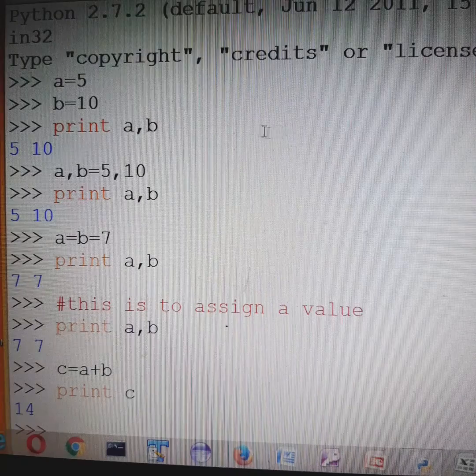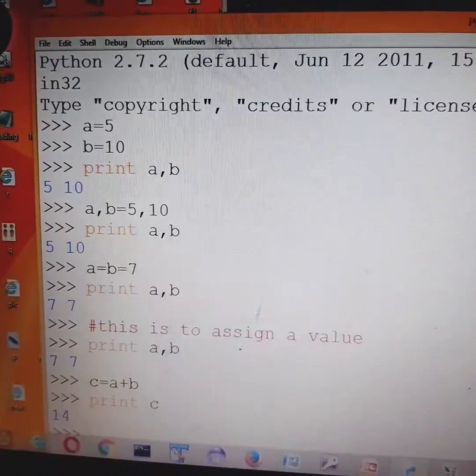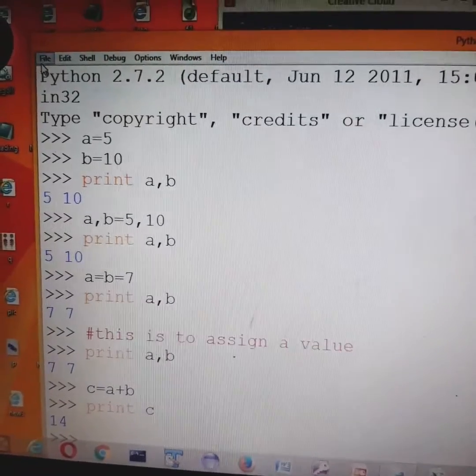For this we are going to move to File and take New Window. In this new window I am going to write my program. Suppose I want to take an input from the user.